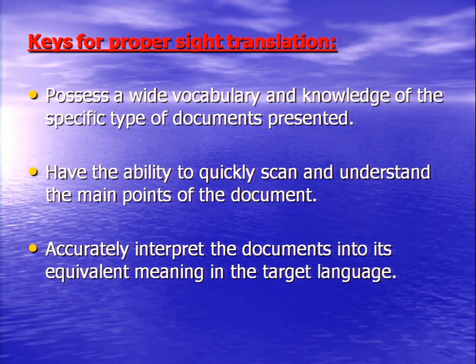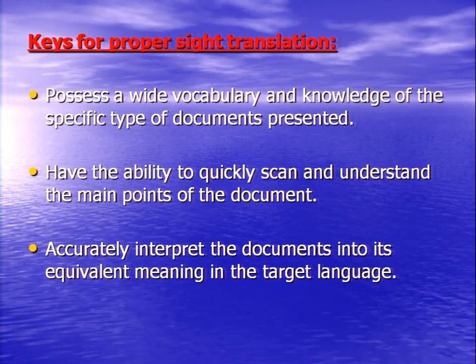That's exactly my point. Never, ever start jumping in and interpreting. Always give yourself two or three minutes to read the whole thing. What you're reading and looking for is the content. Read for the content, and once you grasp what the document is about, it's going to be easy for you to interpret. Remember that when you grasp the meaning, the interpretation will follow. You have to understand what the document is about, because you cannot interpret what you don't understand.